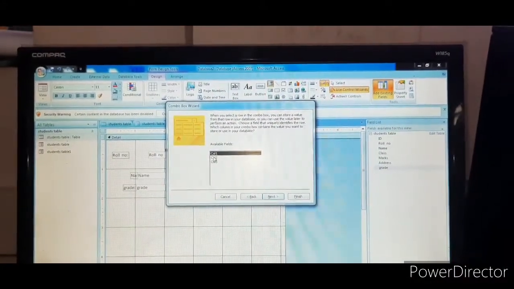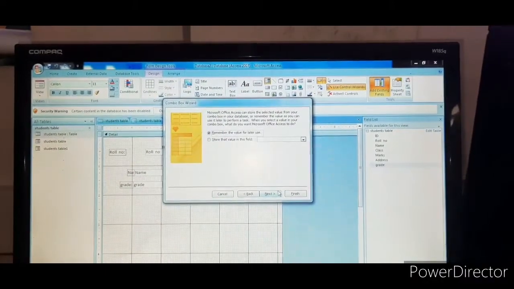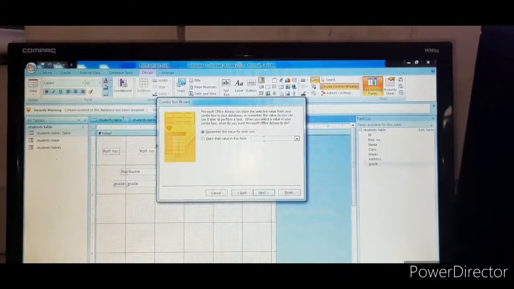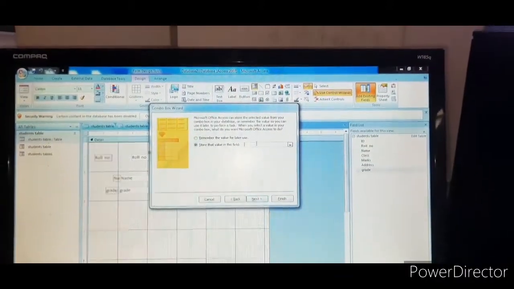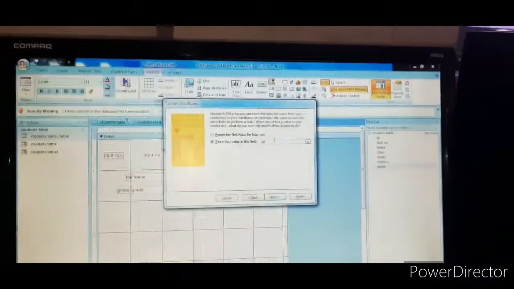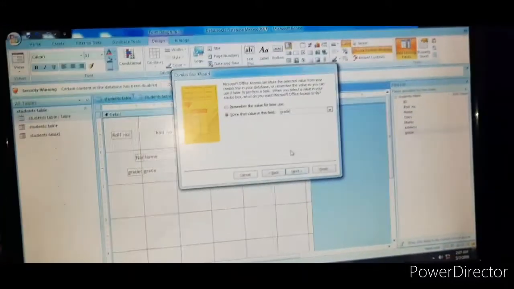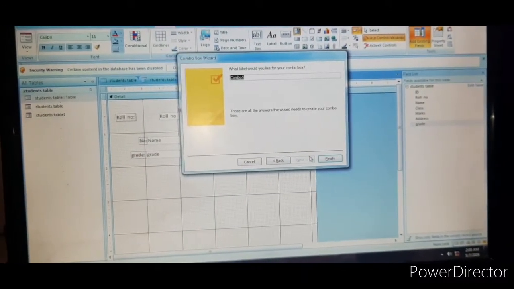Column 1, column 2, column 3 like that will come. Then again click next. Here, store the value in the field that I want. Here you can select the field. Grade I gave, no, just click on grade and then click on next.